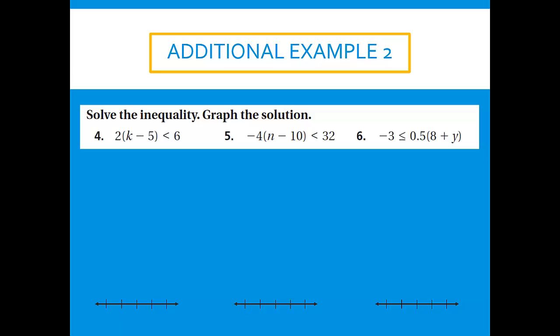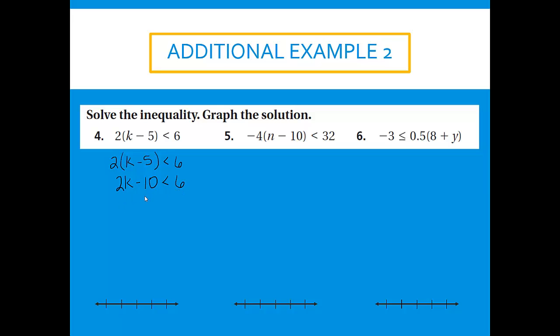Now we have an additional example. You can pause the video and try it on your own, or you may follow along. Solve the inequality and graph the solution. So for number 4, we have 2 times the quantity k minus 5, and that is less than 6. So we'll use the distributive property first. So we'll have 2 times k, which is 2k, and then we do 2 times 5, which is 10, but then we have this minus sign here, so we're going to have minus 10, and that would be less than